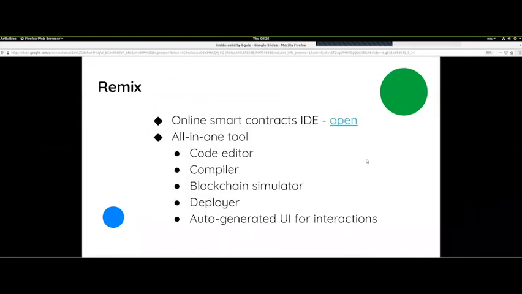So next up we have Remix. It is an integrated development environment, and it's completely online, web-based inside your browser, so you can just open it and get going. And it's also an all-in-one tool, so it allows you to edit code. It contains a compiler, Solc, well, more specifically, it contains Solc.js, which is a pure JavaScript implementation of Solc, but it's good enough for most use cases. It also contains a blockchain simulator. So this is similar to what you get when you run Ganache,